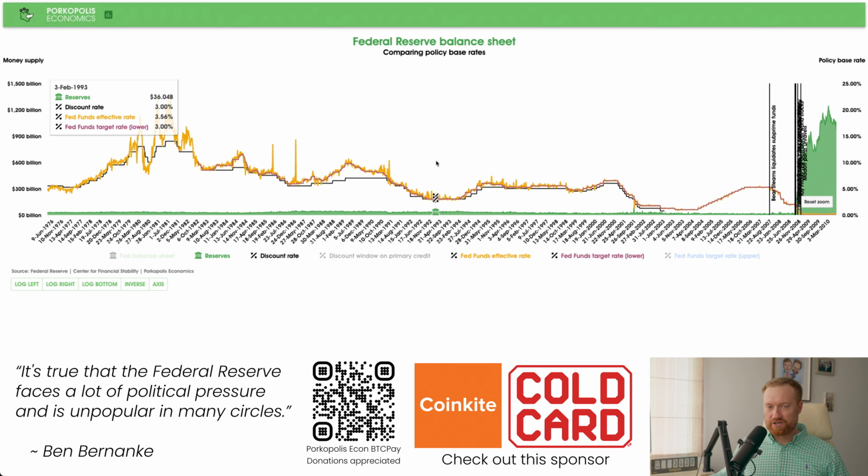The Fed funds target rate takes over in the United States as being the premier target interest rate that the Federal Reserve sets. And how do they set that? By manipulating the value of reserves, the dark green portion that you see on the left axis, which isn't that much money compared to post-2008, 20, 30, 40 billion at any given time. Okay, so let's take away the discount rate now. It's becoming less important. Now we just have the federal funds effective rate in orange and the target rate, which they set at their meetings every couple weeks in purple.